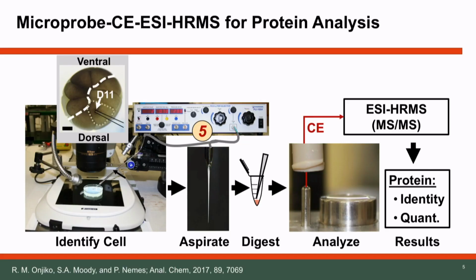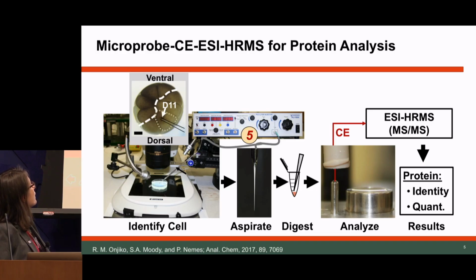So I adapted my lab mate's picture that she had on the metabolomic side for the proteomic side, but pretty much we do everything under a stereo microscope. We have our embryo, our cell of choice, and one of the big advantages of working with Xenopus is that not only are the cells mapped, but they are also very easily identifiable based on pigmentation and position in the embryo. And so we can very nicely identify here that D11 cell that is supposed to give rise to